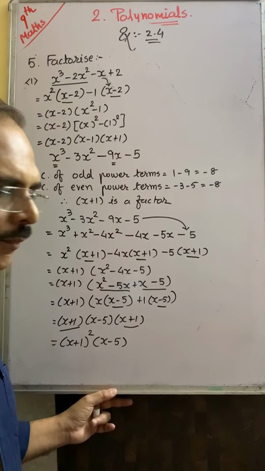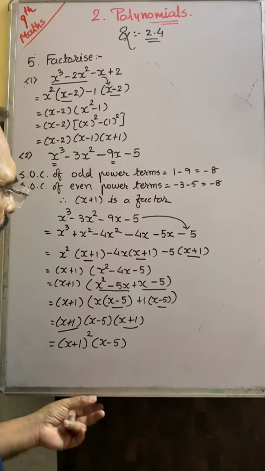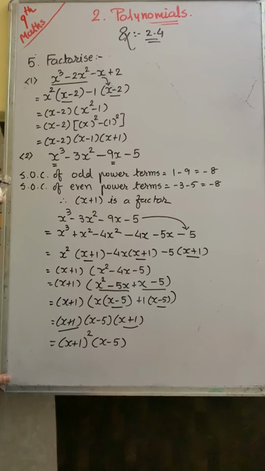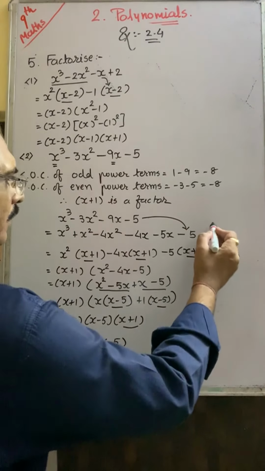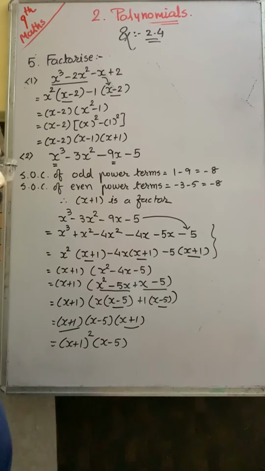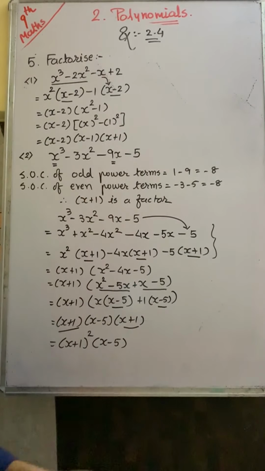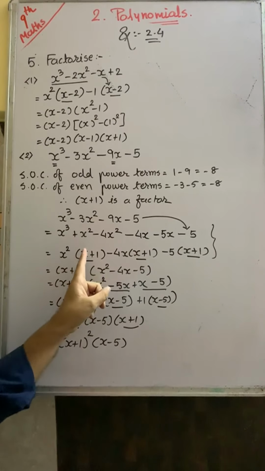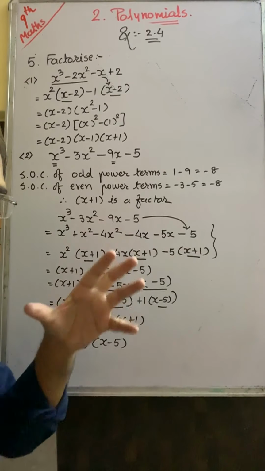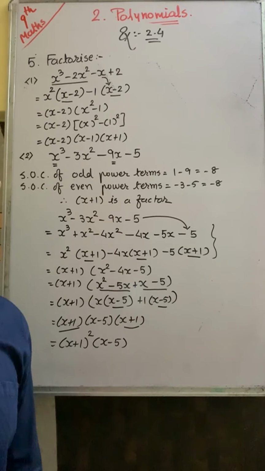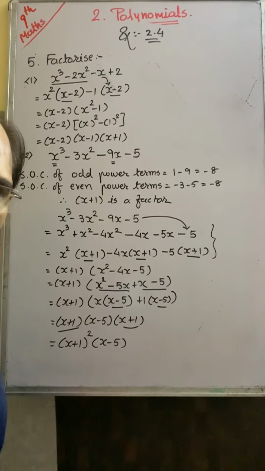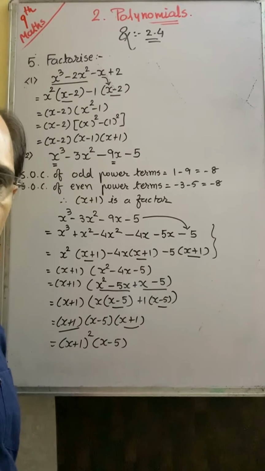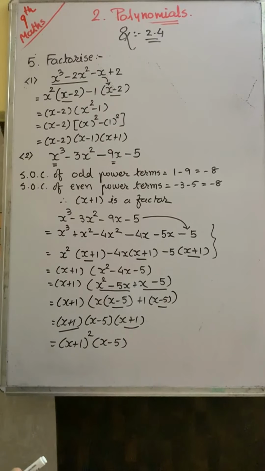Is it okay? Now in this question the difficult step is what? This. You can find out whether x plus 1 is a factor or not very easily. You have to write this first question, leave a line and then you can write x plus 1 three times. After that it is a little bit difficult. So one simple technique is also there that you have to do in rough work. See,